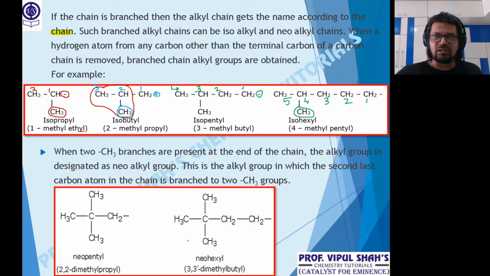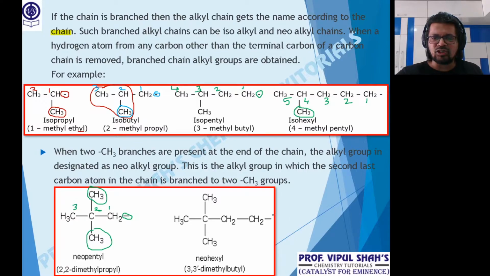Now next, we have more numbering to see. So please look at the slide down there. Now if you observe, 1 carbon is attached to 4 others. So that's neo. 5 with 1 valency short. So that's neopentyl. From where will I number? The longest continuous chain will be from where the valency is short, that is from CH2. So 1, 2, 3. In a bracket, at 2 I have 2 methyl. So it will be 2,2-dimethyl and skeleton of 3, propyl. So 2,2-dimethylpropyl. That's the IUPAC name for this.